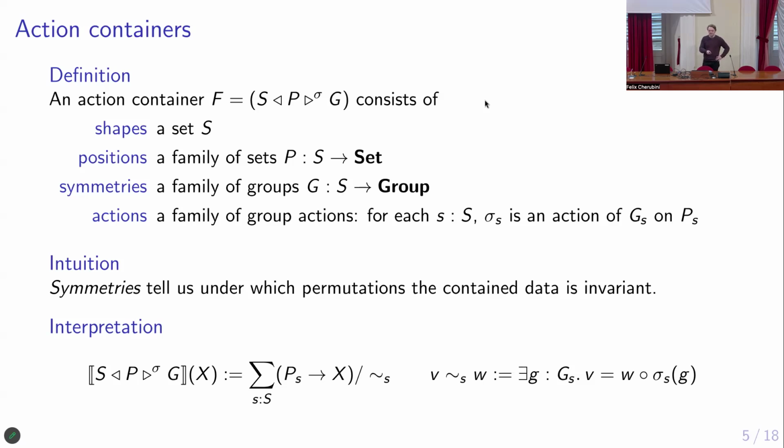And it gives you exactly, for each, well, in this case, set X, you put in a new set, and it's the sum of quotients of certain products, except that now you can identify two such functions, and under the sigma there, you can somehow find a group element that permutes the domain of these functions. So if you think of